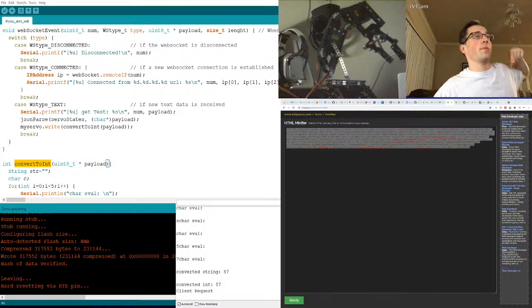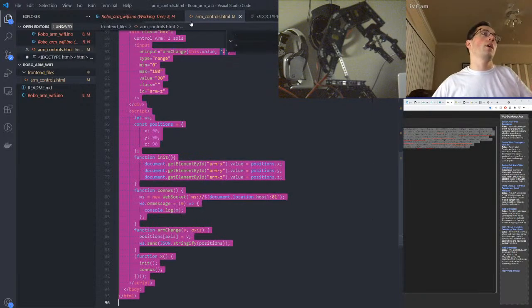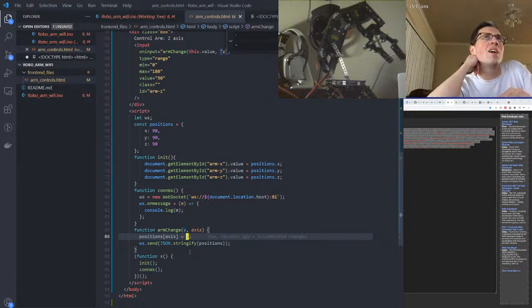Let's fix that real quick. Back to VS Code. It's sending a string. This is a string. Do we want to send a string? Where were we sending before? Why is it a string? Is it always a string? Because we're setting the value as a...